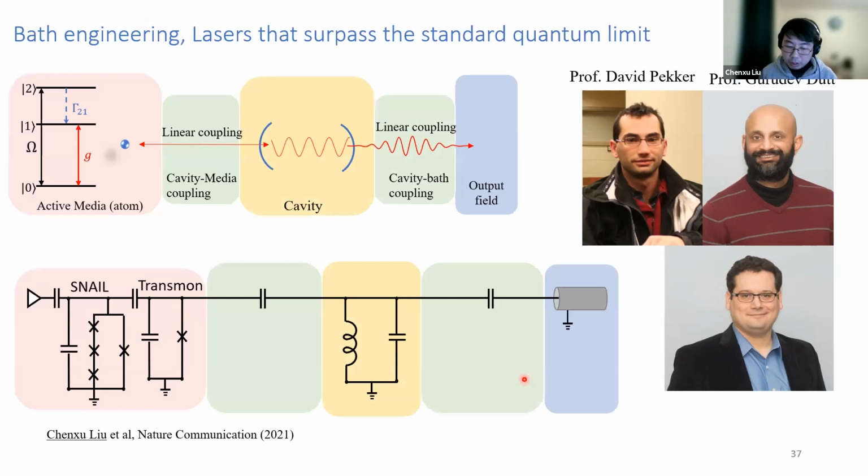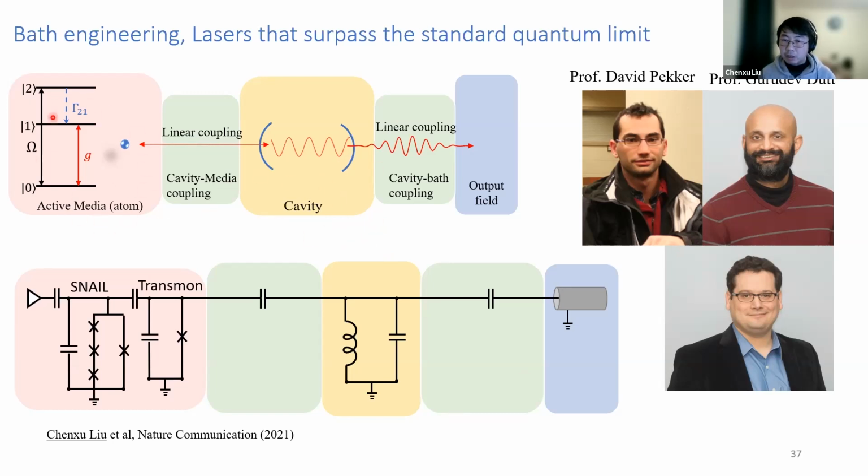Then we thought about it a little bit further. We noticed that the Josephson junction provides a very strong nonlinearity in the microwave regime. So we thought about whether we can use this strong nonlinearity to do something more fancy, or to see more interesting physics out of normal quantum optics devices. For example, one of the devices we are considering is a laser. So inside the laser system,